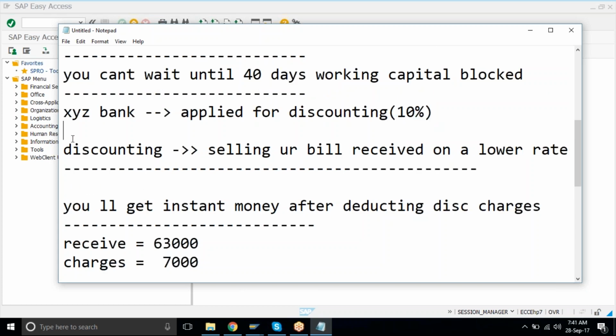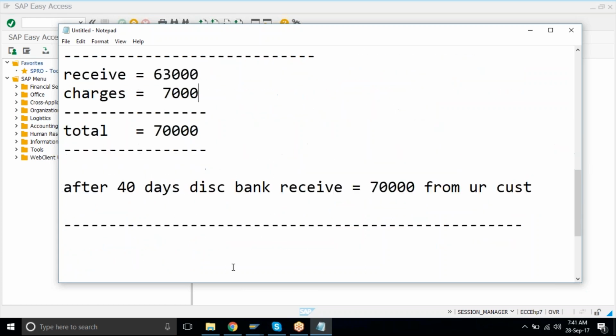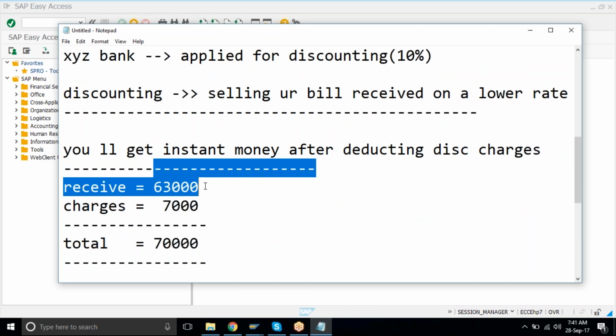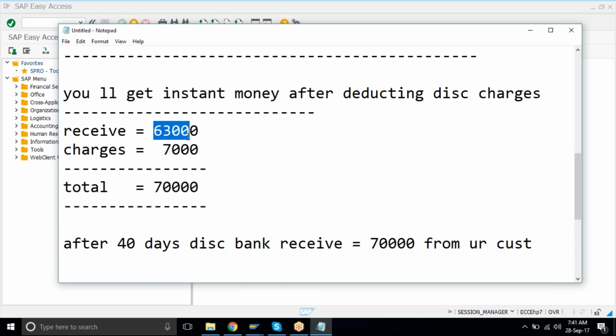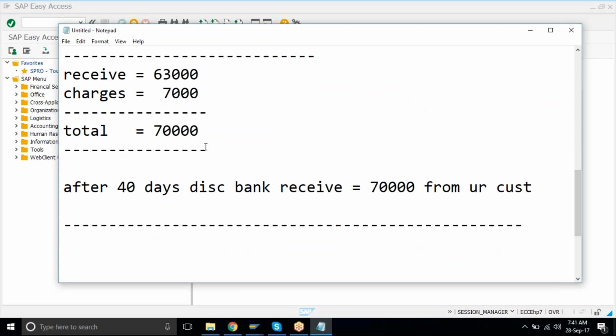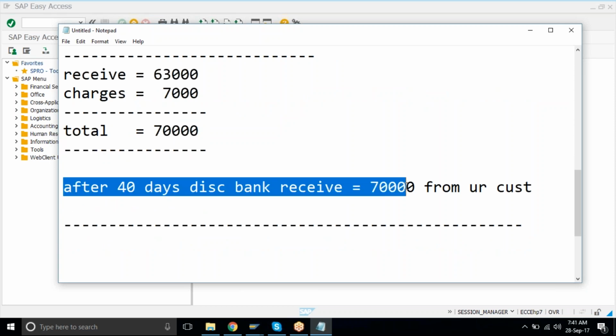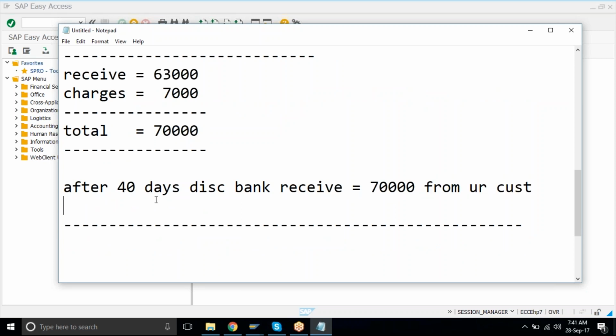So what I did, I discounted that at 63,000 and 7,000 is the profit of the discounting bank. So we are going to receive 63,000 and a loss of 7,000 will occur as bank discounting charges. Until the bank receives the money, the liability will be on our head. Once the bank receives complete money and intimates us, then you can reverse the liability. This is the procedure.